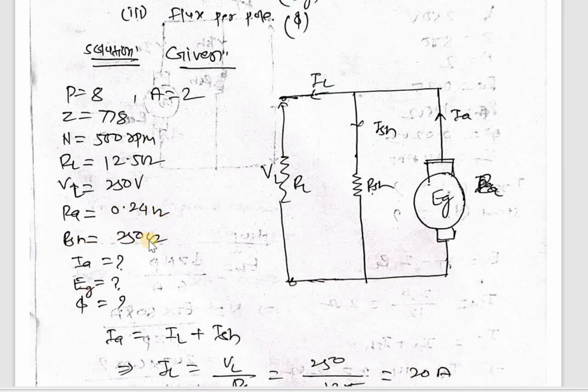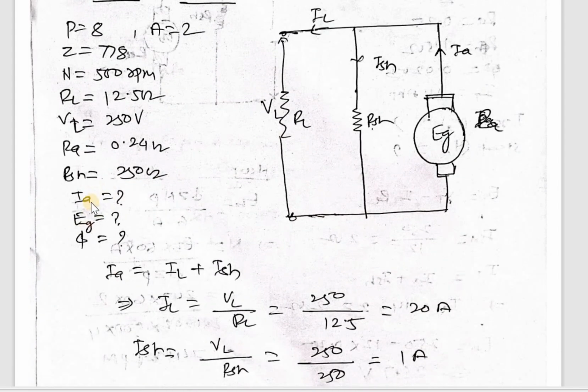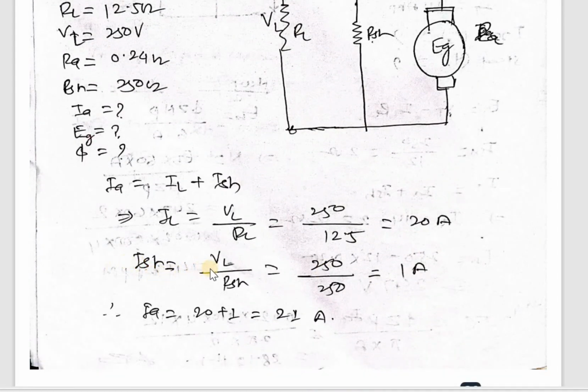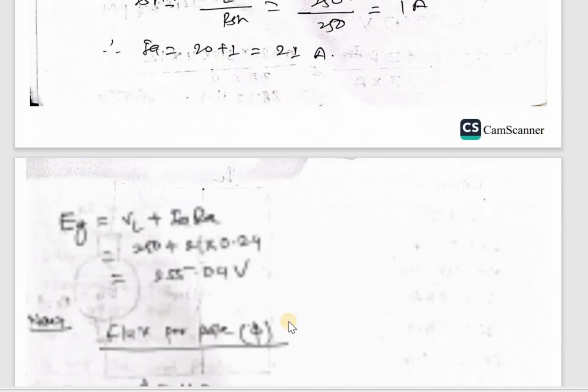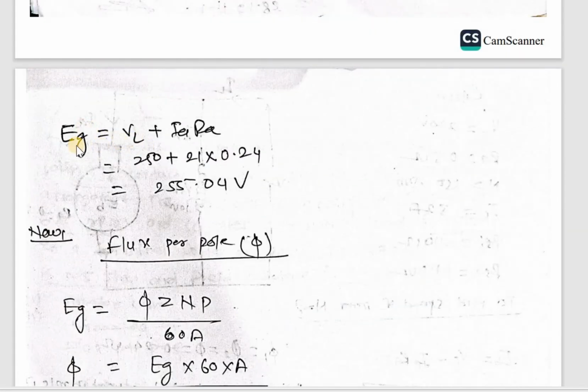We have to find IA, EZ and phi. IA equal to IL plus ISH, so IL equal to VL upon RL, then you can get the value of IL. And ISH equal to VL upon RSH, so 250 upon 250, that is 1 ampere. Then IA equal to IL plus ISH, that is 20 plus 1 is 21 ampere. And EZ, that is generated EMF, equal to VL plus IARA, so 250 plus 21 into 0.24,